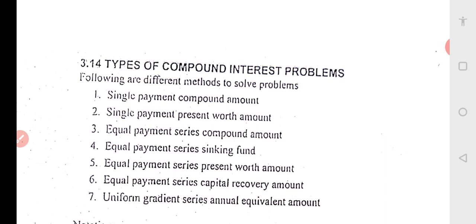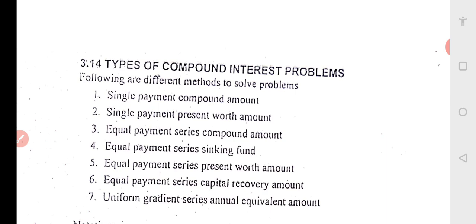So what I will do, there is some savings over a period of some time. So what is the present worth? How much should I invest so that the saving is justified? This was equal payment series present worth amount. Present worth: how much I should invest so that I can get the savings for some period of time, some amount at some interest rate.